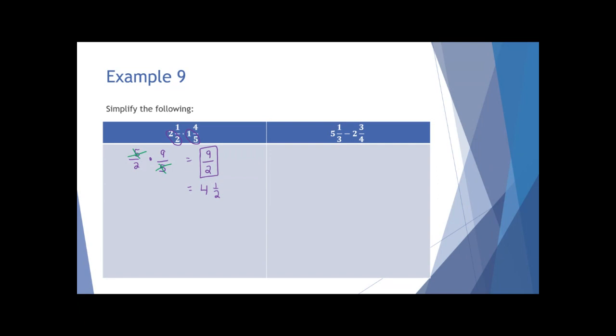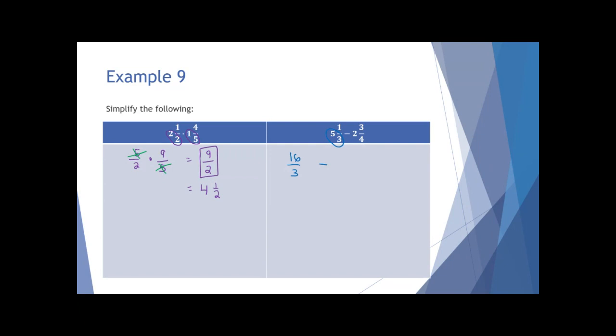So same sort of thing with the subtraction. This type of problem, if we were to do subtraction with mixed numbers, we would end up having to borrow from a whole number, and it gets really gross. So we're going to make these improper fractions. I'm going to take my whole number times the denominator. So 5 times 3 is 15 plus 1. So I have 16 over 3